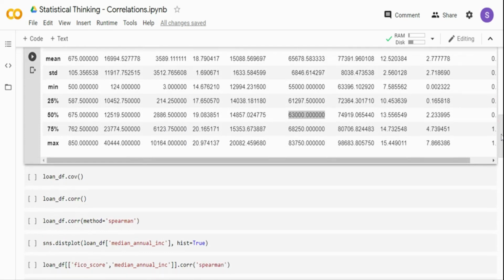So there are two ways to measure a relationship. One is the covariance and the second is the correlation. Now, covariances are not standardized values. All right, I'm going to show the output. Covariances are basically not standardized values like correlation is. Correlation is a standardized value between -1 and +1.